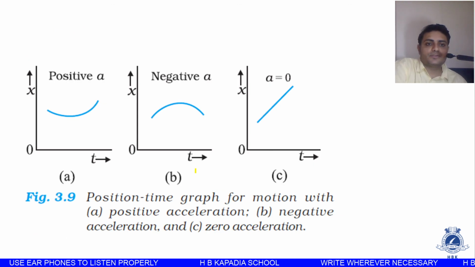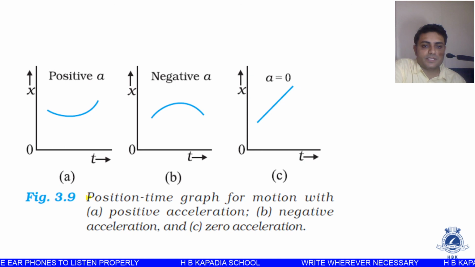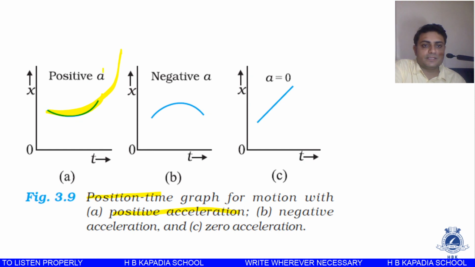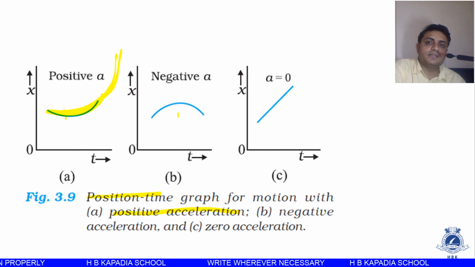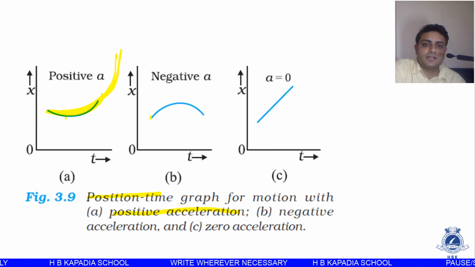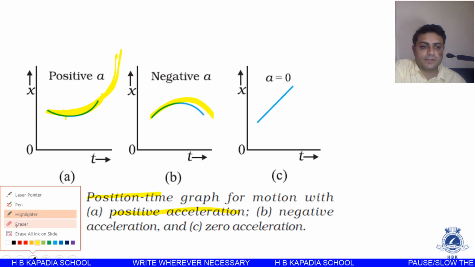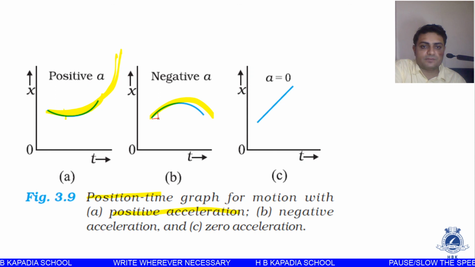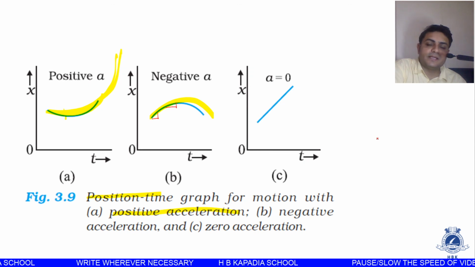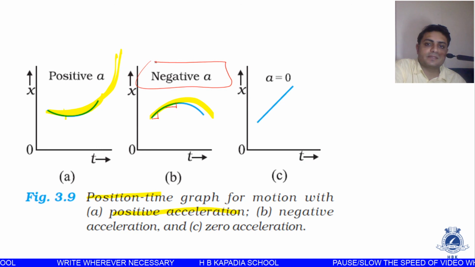This is another graph which is shown in NCERT. This is a position-time graph for the motion with positive acceleration. See, in this case the acceleration is positive. Why? Because the graph is going like this. Initially the angle will be less, but as we go further, the theta will increase. As theta increases, we can say the velocity is increasing. In this other case the velocity is decreasing. See, if you find out theta somewhere over here, let me draw it again. If you find out theta at this point, and theta at this point, we can say the velocity is decreasing. When the velocity is decreasing, we can say the acceleration is negative.